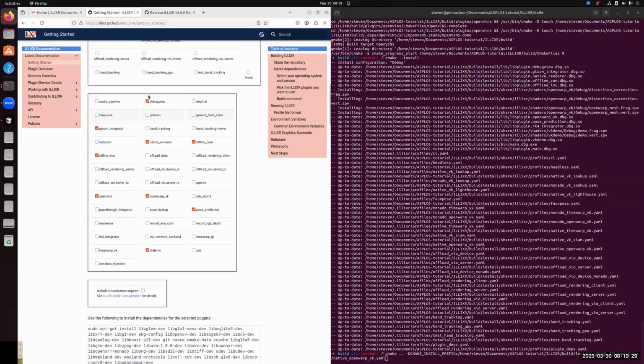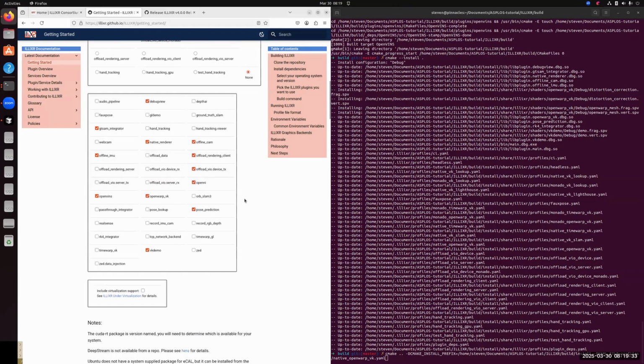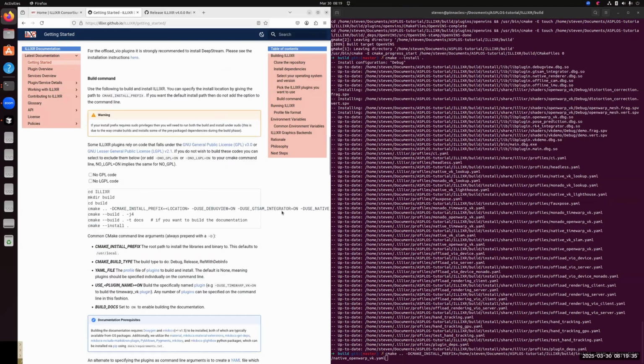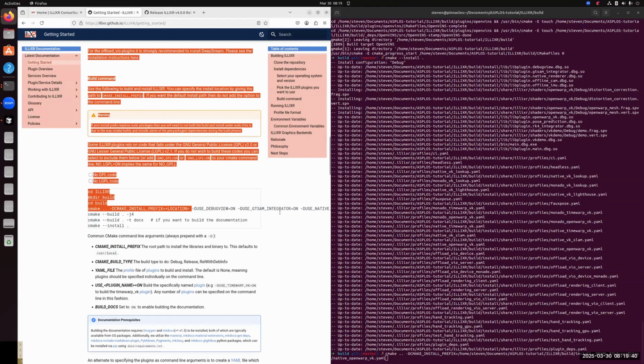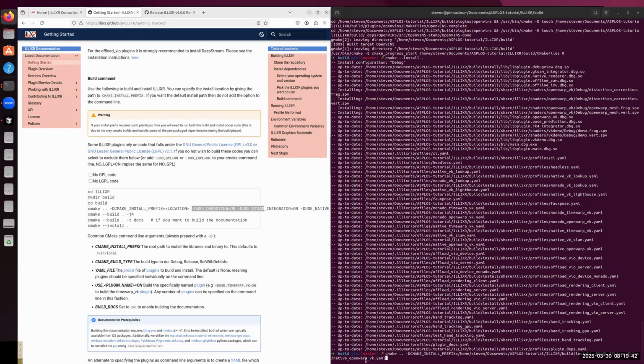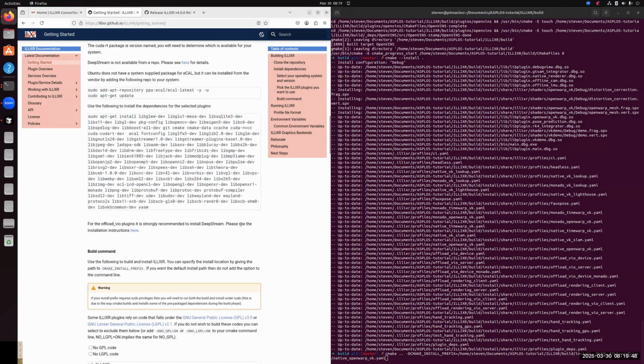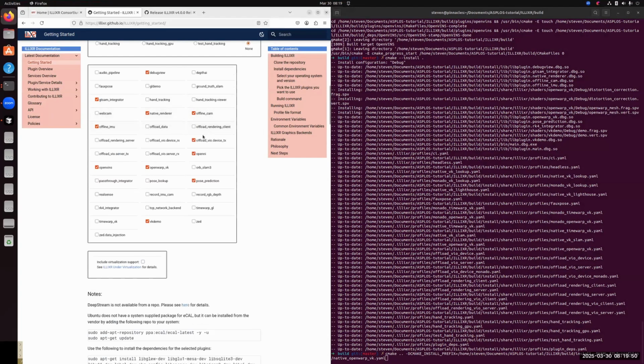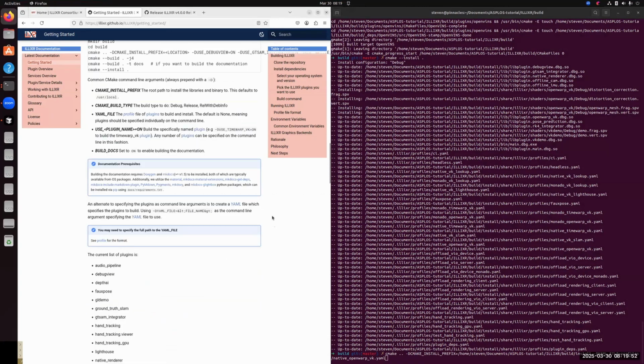And for example, these don't really make sense, but just for the sake of it, if we add more plugins, we can see the generated command changed. Instead of using a pre-configured profile, it would use these command line flags to enable the plugins.